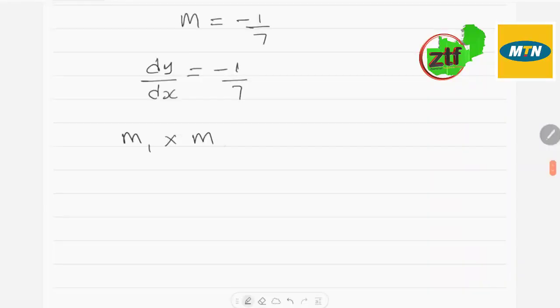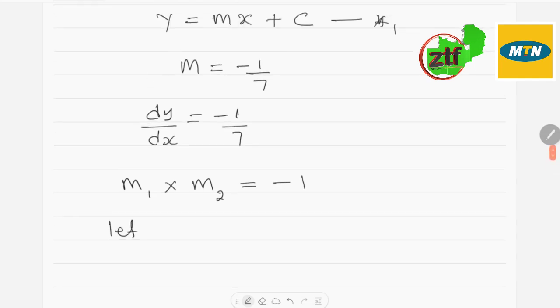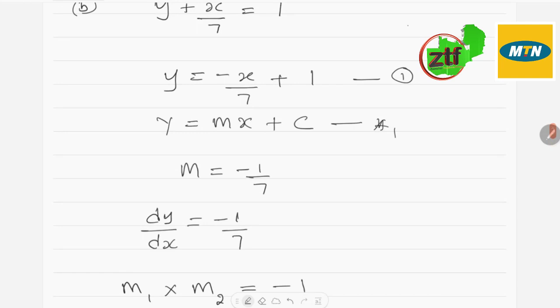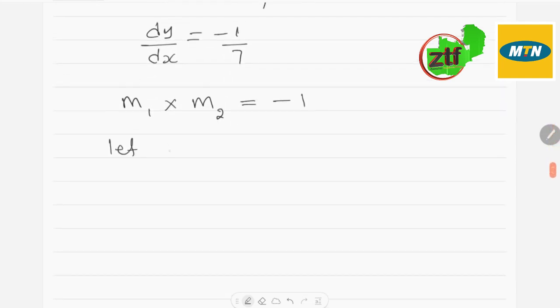The relationship of the gradient between two perpendicular lines is that the gradient of the first line multiplied by the gradient of the second line will be equal to -1. So if you let the gradient of the function y be m1, and the gradient of the line that is perpendicular to the function y be m2,